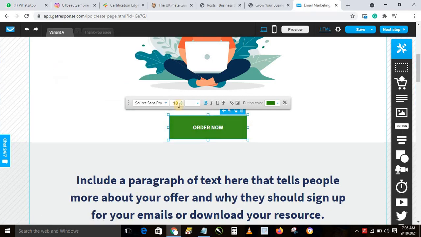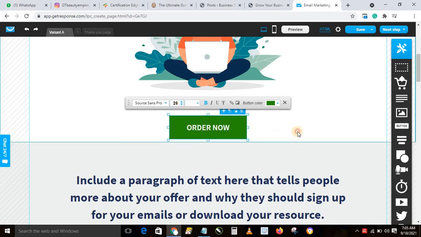click OK. Now the text, you want to change the text font to be bigger. You can increase it to how you want it. Now you are done with the button. Now click that again. Then if you want to link it to your WhatsApp,